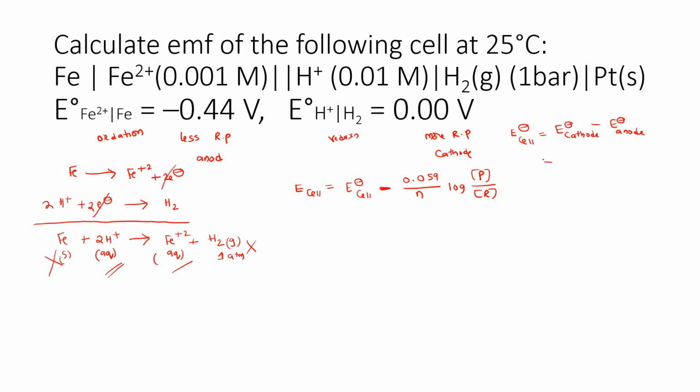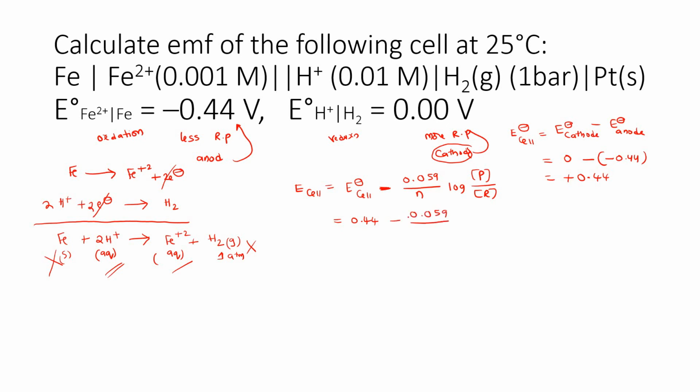E naught cathode is how much here? Cathode value is 0, so put 0 minus. The anode value is what here? Minus 0.44. Now minus minus will be plus, so 0.44 will be the E naught cell. Now substitute that E naught cell value: 0.44 minus